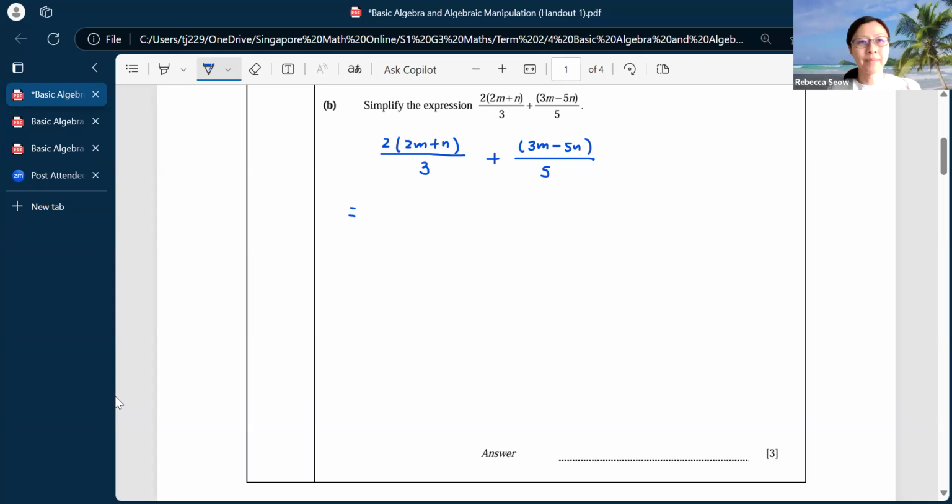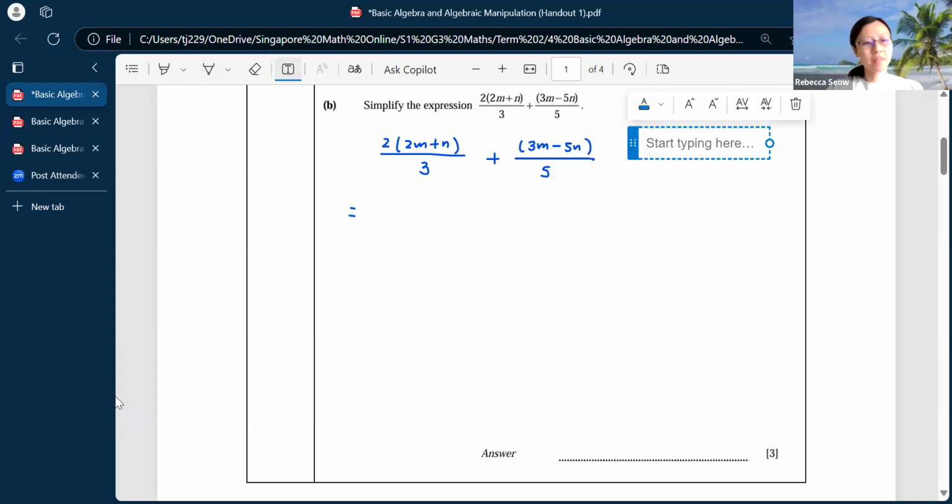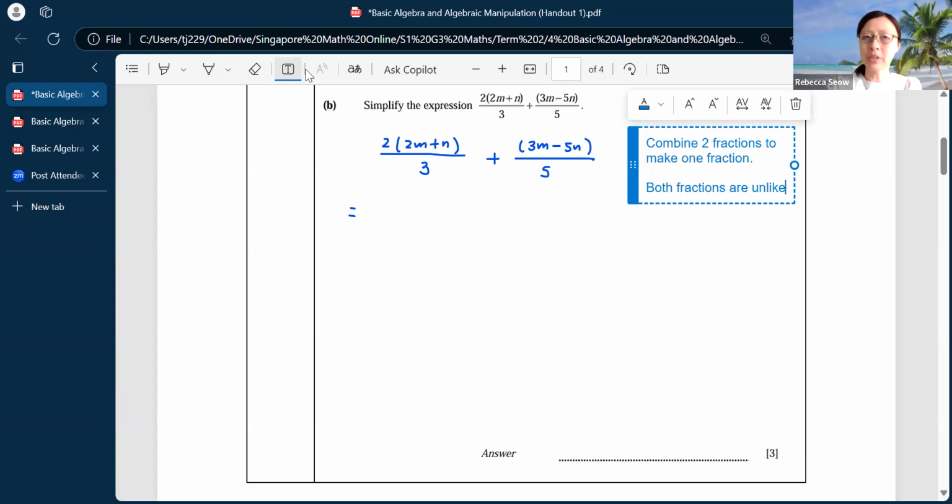Next, perhaps let me just type it down. Combine 2 fractions to make one fraction. Okay, and the next thing to take note of is that both fractions are unlike. This is because the denominators of both fractions cannot be multiplied by an integer value to give the other denominator. So we will need to